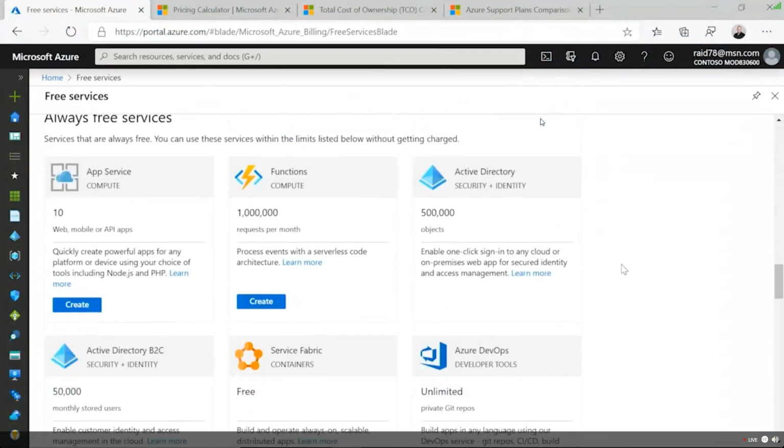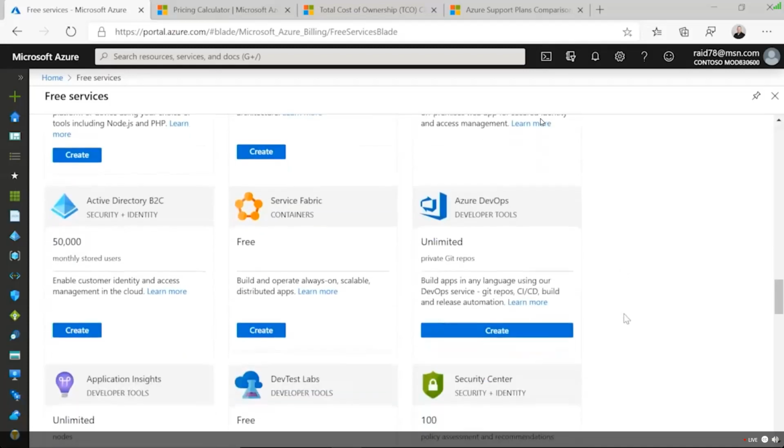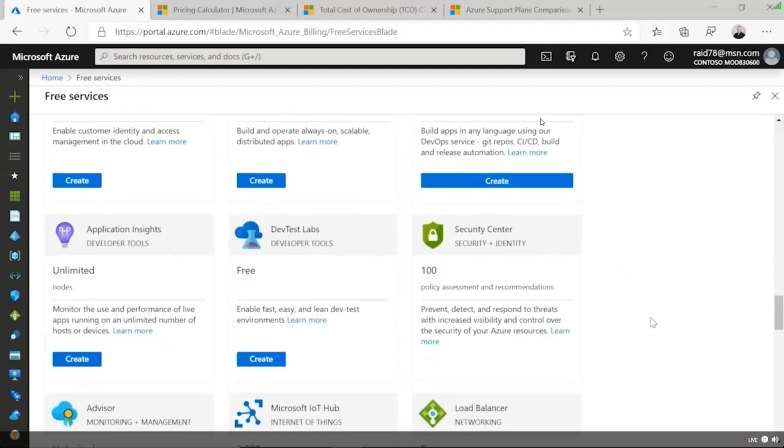Always free services. Folks, most of your businesses, you're not going to run in the always free services category, but I like to show this because you might work for nonprofits or small community environments where they need just a little bit of computing power or a little bit of horsepower. You might be able to do that for free inside of Azure. So research these, especially if you're involved in some of those committees outside of work. I'm telling you what, folks, it's a really good way to work in Azure. And if you don't, guess what? This is a good way to kick the tires.